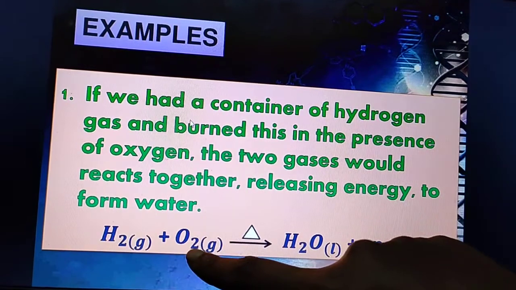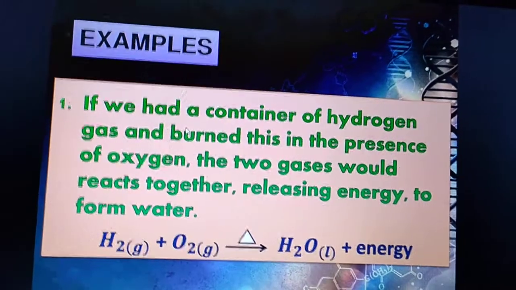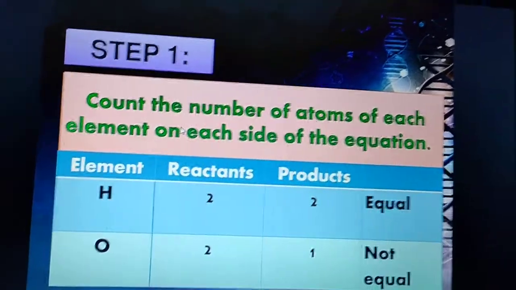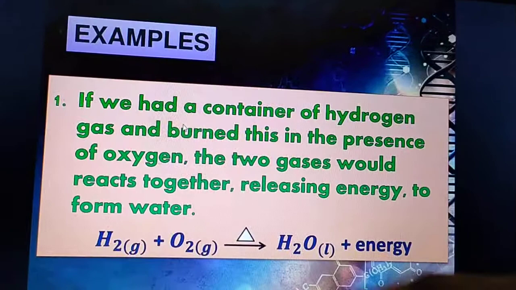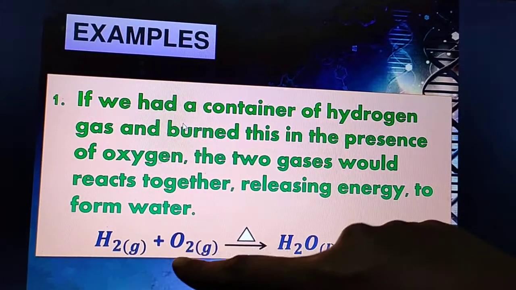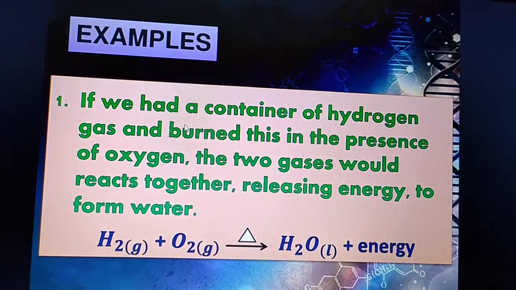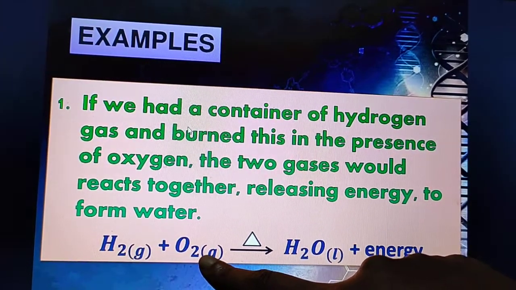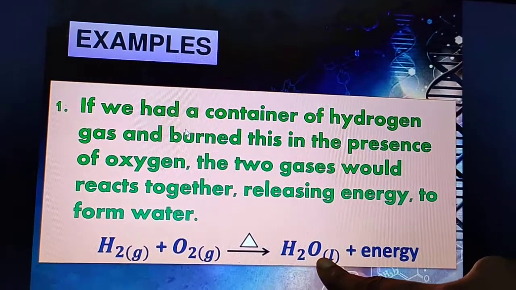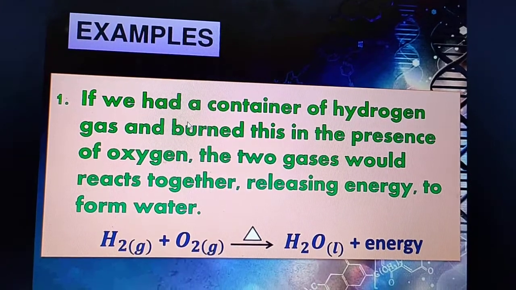Oxygen side you count 2, 2 atoms of oxygen, here 1 atom of oxygen, which is not equal. You can see here, not equal. Then you have to balance this one. So how will you balance? You see first of all, 2 hydrogen and 2 hydrogen, so it is balanced, no need to disturb. Now oxygen, you see 2 atoms of oxygen are here, here nothing is written, 1 atom, so that means oxygen is not balanced.